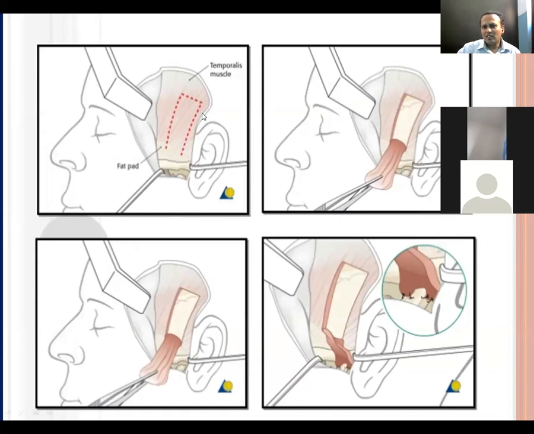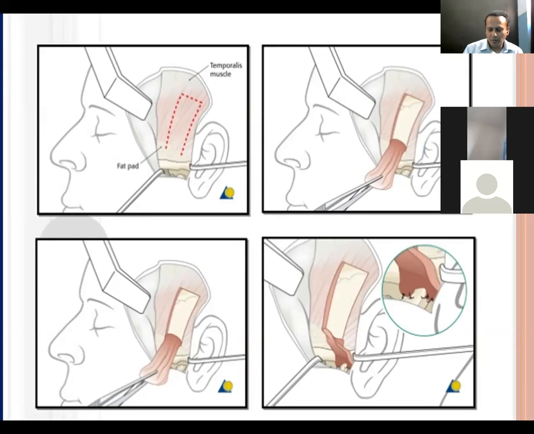Now this approach is a modification of the preauricular approach. So this is the preauricular approach till here. From here there is a question mark type of extension, like this. So this approach exposes the temporalis muscle. This approach is also called the modified preauricular approach or